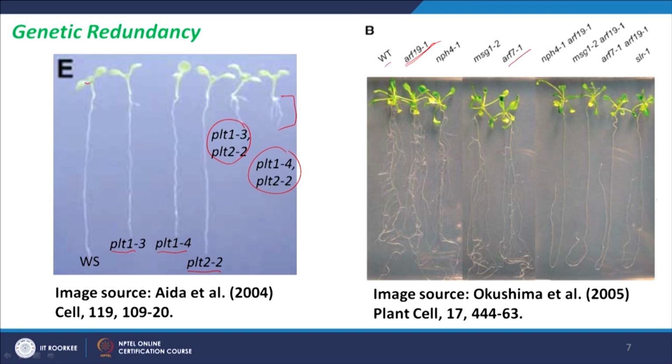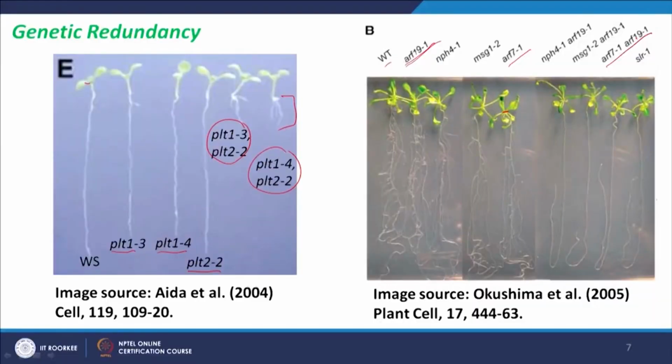So, if you compare with the wild type, ARF19 and ARF7 alone do not have much effect on the lateral root development. So, you can see that primary roots are developed, and these primary roots have a significant number of lateral roots. But when you combine both, when you make a double mutant where ARF7 as well as ARF19 are both disrupted, you can see that the primary root is very well grown. It is equivalent to wild type, but this does not have any lateral roots. So, this also suggests that auxin response factor 7 and 19 are genetically redundant in regulating lateral root formation